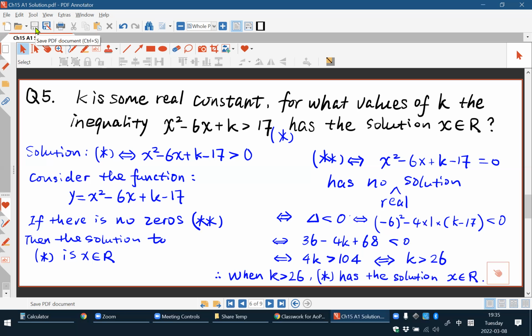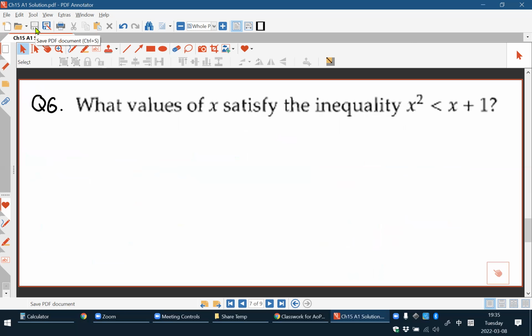Okay. All right, if no questions, let's see the next one. What values of x satisfy the inequality? Basically, it asks us to solve another quadratic inequality, right? Okay, let's call this asterisk. So the original